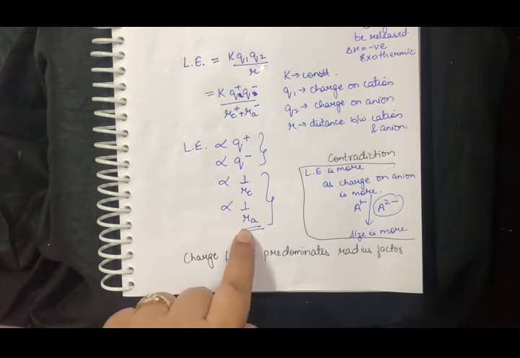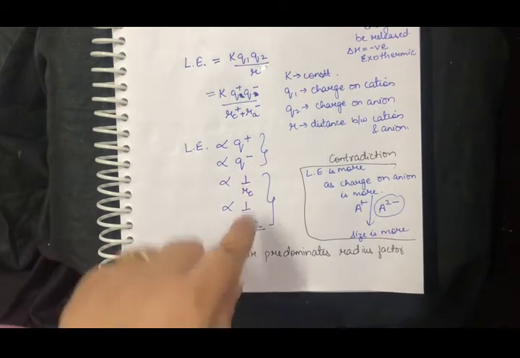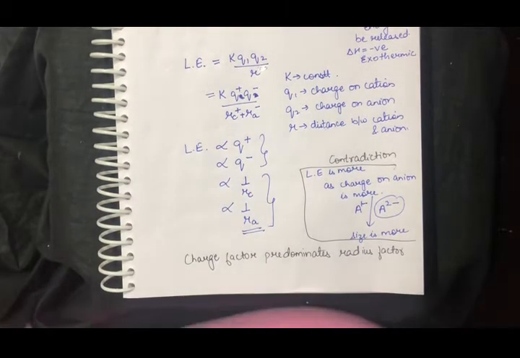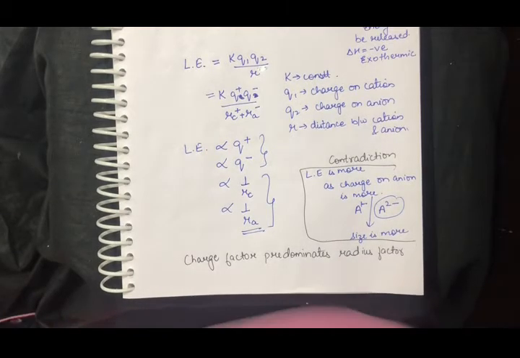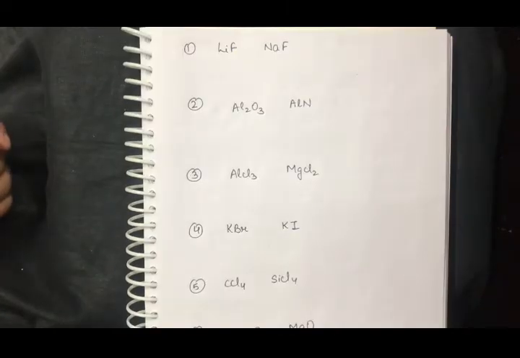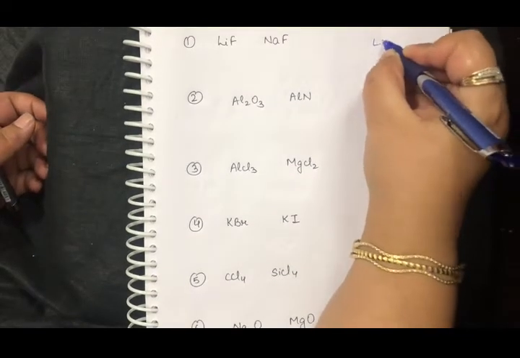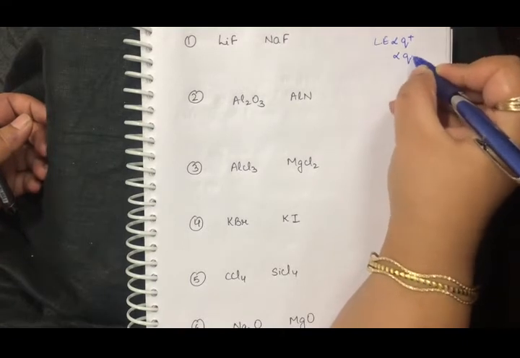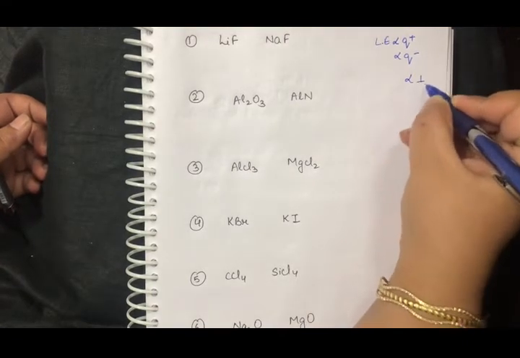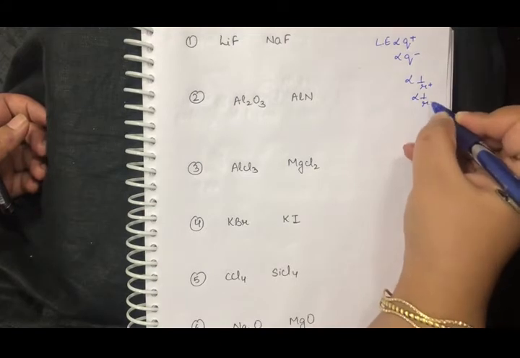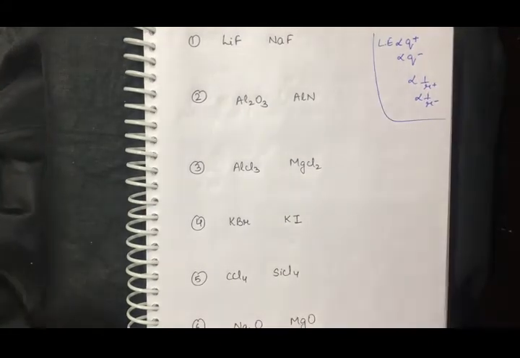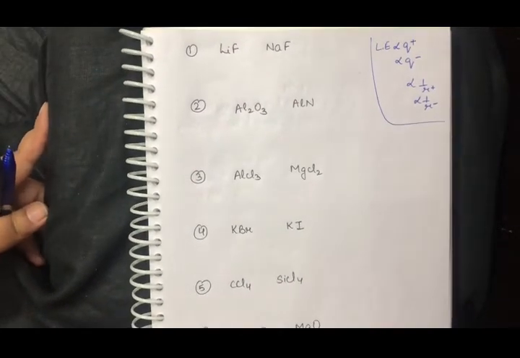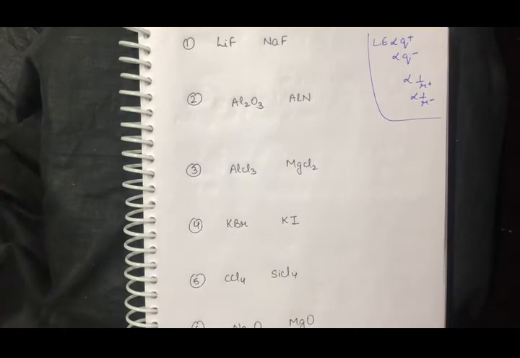So this is right, but it only contradicts when you are looking at both the factors at the same time. So we will only look at the predominant factor, which is the charge factor. Let's try and solve a few of the questions for more clarity. I will write the concept here: if you are talking about the charges, then it has to be like this, and if you're talking about the radius, it has to be like this, and we will not consider all of them together. I will first consider the charge factor, and if that is not applicable, then I will move to the radius factor.